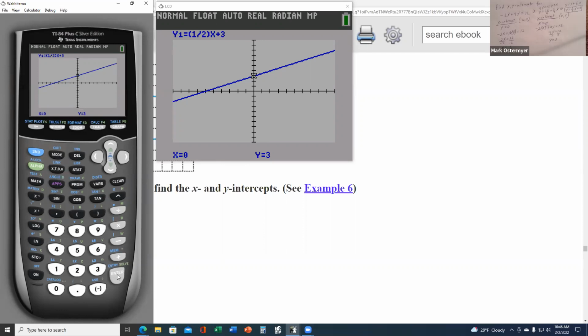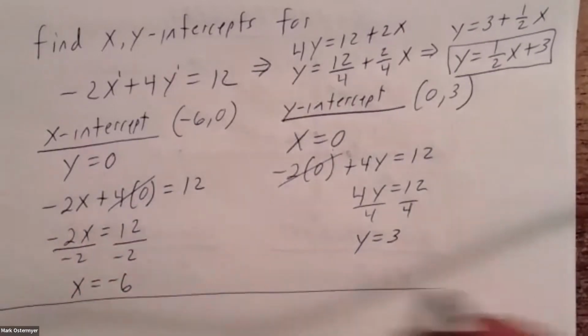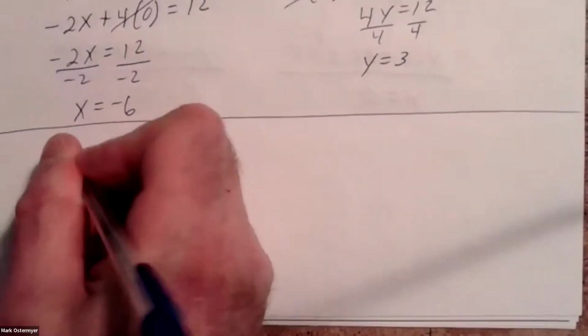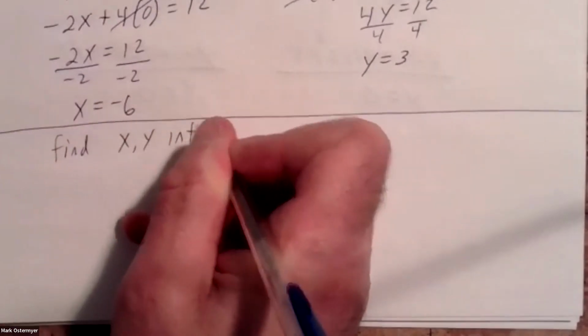That's how you can find x and y intercepts using your graphing calculator. Ladies and gentlemen, let's go back and try to find some x and y intercepts manually again, as we're moving closer to classwork 1. So we're right on schedule here, thank goodness. So I want to try to find the x and y intercepts, or SEPs, whatever the case might be,